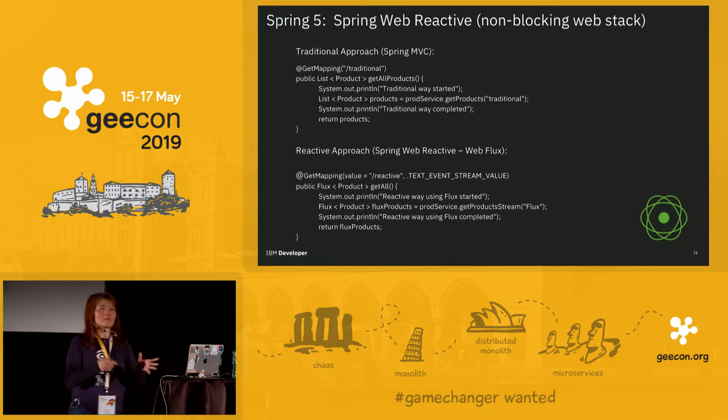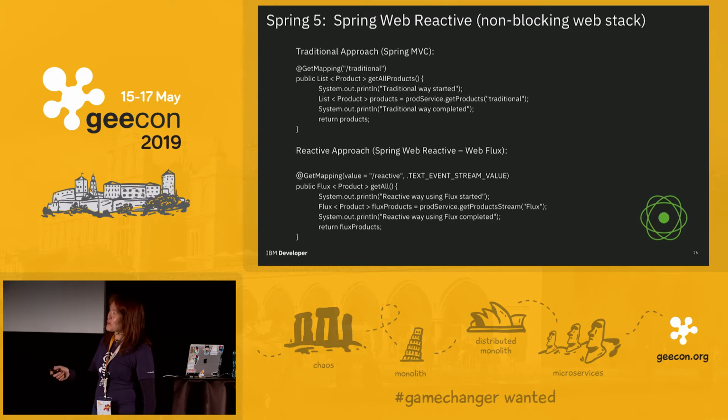Now that goes into a bit more detail, which I don't have time to go over. Plus there's also some concern, if you're doing client-side subscribing to an event stream coming back, then you have to manage things like when the session closes and all that, which I won't go into detail on, but I just want to point out that's a way of receiving your response back in a reactive manner as well.